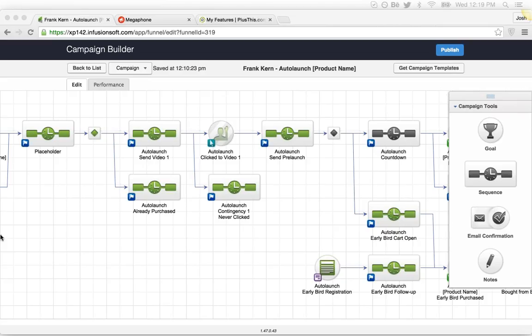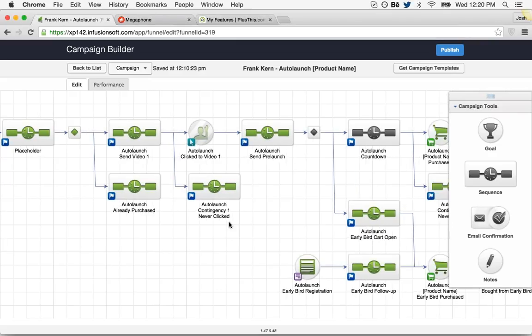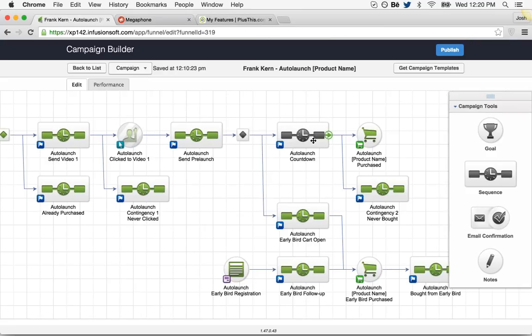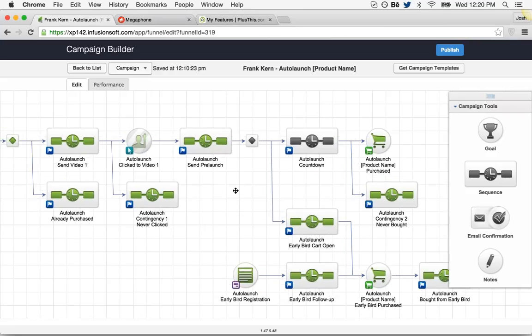Although the VSL is frequently referenced, I don't see it anywhere in this sequence. Okay, so all of these countdown emails are going to the VSL. So once the cart is open, this is all pre-launch content. The countdown sequence is where we actually open the cart. So all of these links